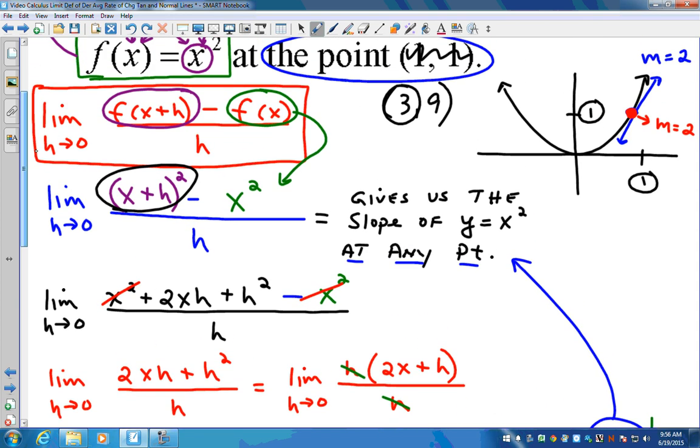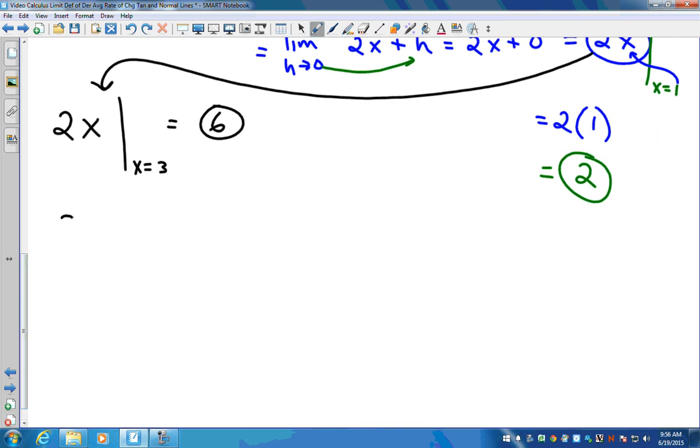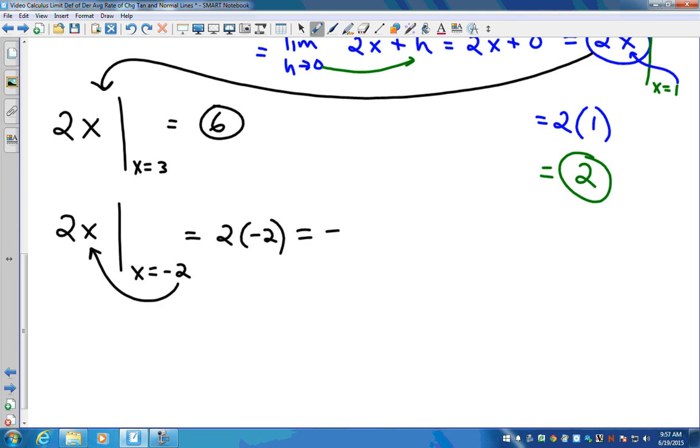All right. What if we wanted the slope of the point at -2, 4? Let's see, it's probably right about here, right? -2, up 4. What's the slope of that line? Well, it certainly should be negative, right? Let's see what happens. We're looking for the slope at x equals -2. So we would come back to 2x, which gives us the slope of y equals x squared at any point, and we would evaluate this slope at x equals -2. So we would have a slope of -4